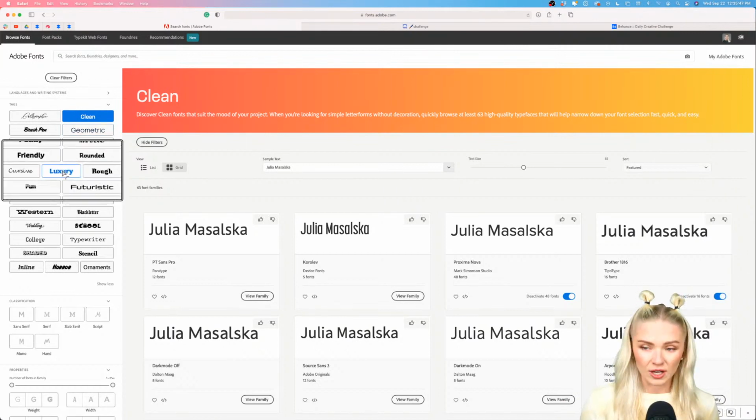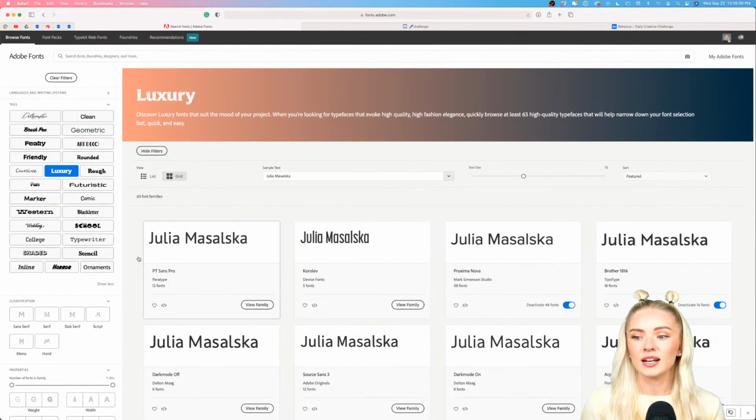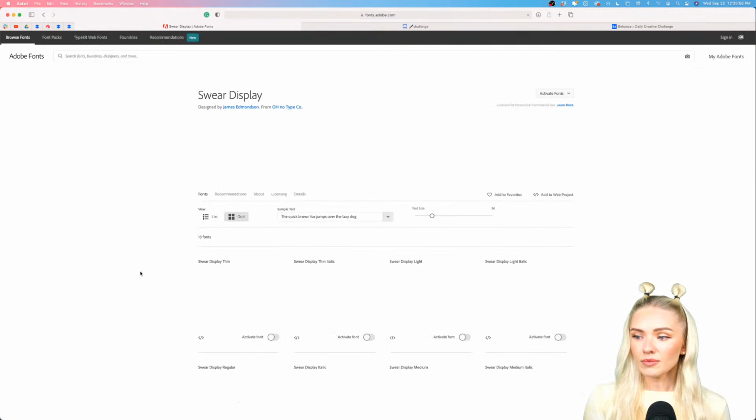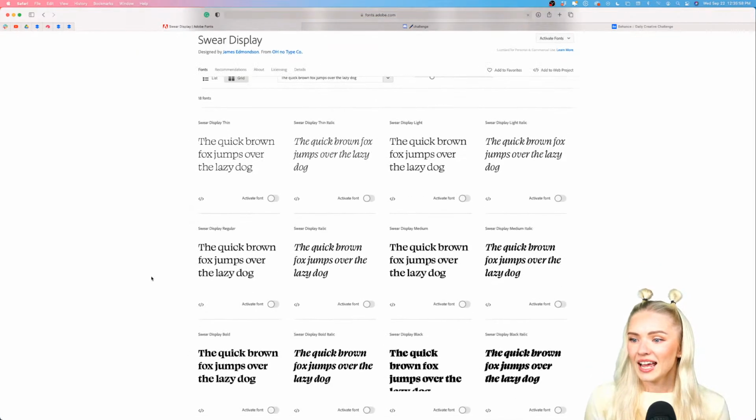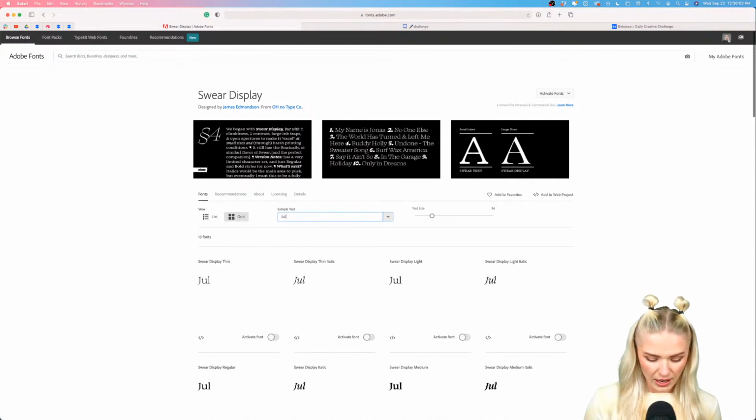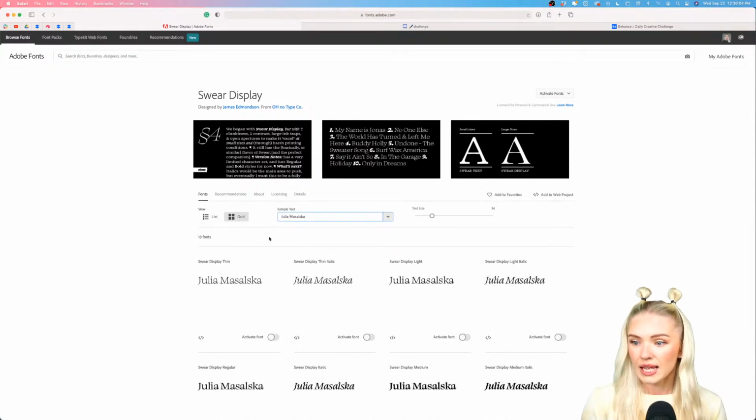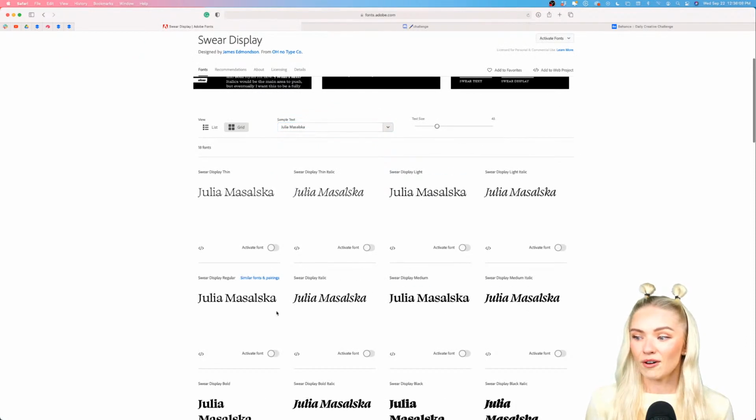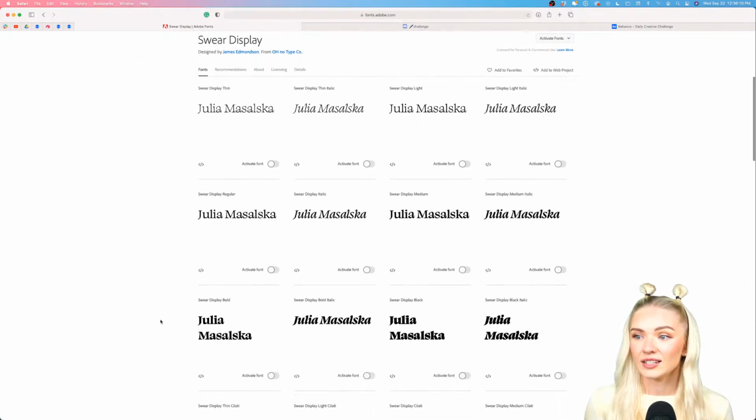We also have the luxury section here that I also really love. There are some really beautiful fonts here as well, like this one, Swear Display. It looks really cute. I love it. And here you can also type in the sample text. So for example, I could type in my name. And here we can preview all the different weights of the font and different